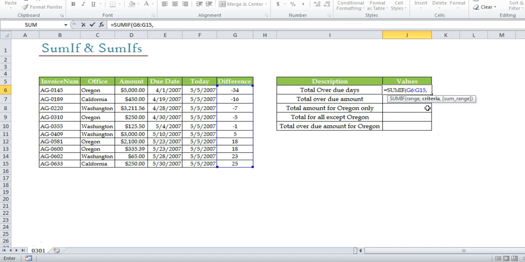Now comma, criteria means the condition. You know that the condition is negative numbers. But we cannot write negative as a word in Excel. Listen to me very carefully. We cannot write negative as a word in Excel because Excel is a kind of text blind program. It doesn't know text, and you cannot actually put text in a formula. But if you want to put it, we can use double quotes, and it will recognize it. Clearly, the word negative will not work.